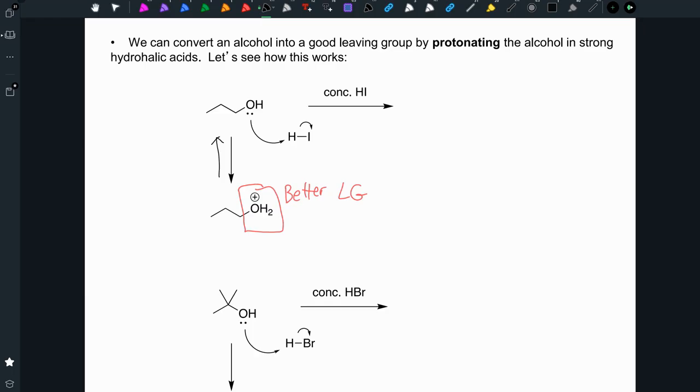So in this case, if I add HI, okay, I do get my protonated alcohol where I do have a good leaving group now on this carbon. Note in this case, this is a primary carbon. And I ask myself, well, is there something else in the solution that can come and react with this protonated alcohol? And there is, because iodide is a good nucleophile. So under these acidic conditions, iodide can come in and do an SN2 reaction, right? SN2 is the best choice here because this is a primary carbon, good sterics for SN2. So essentially, I'm protonating and then I'm doing an SN2 reaction, replacing the OH minus with